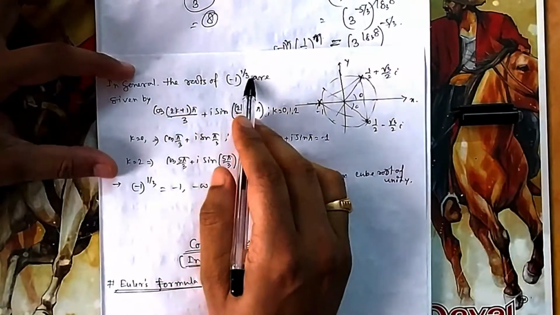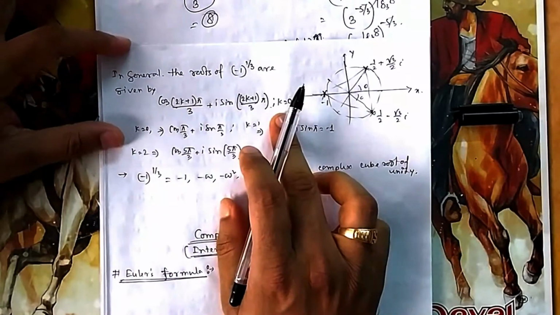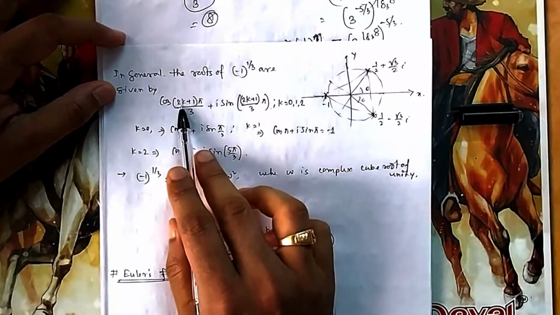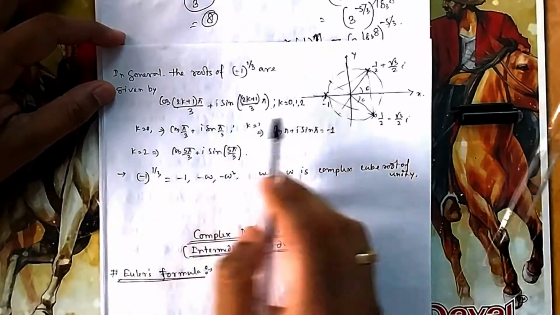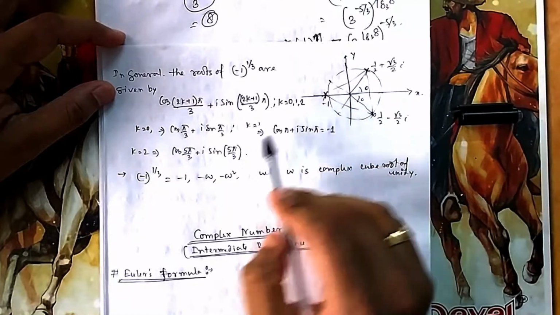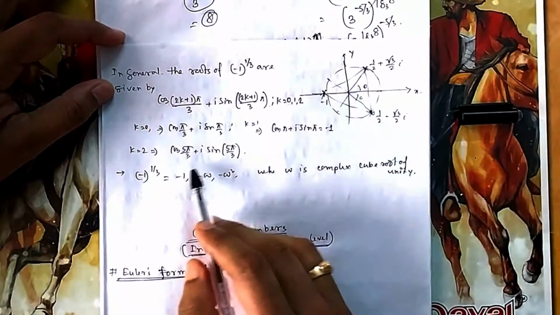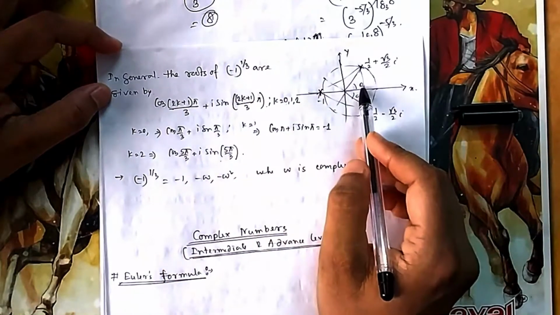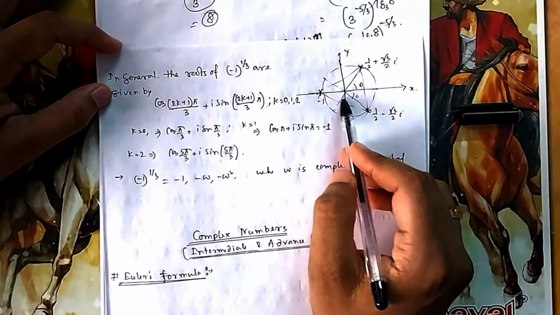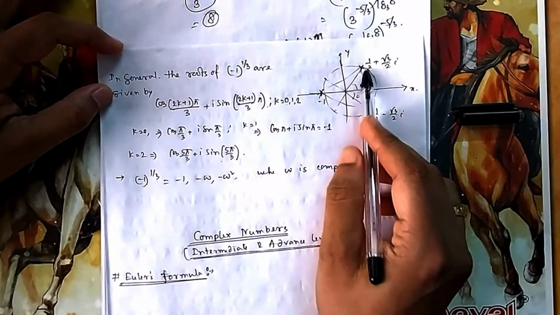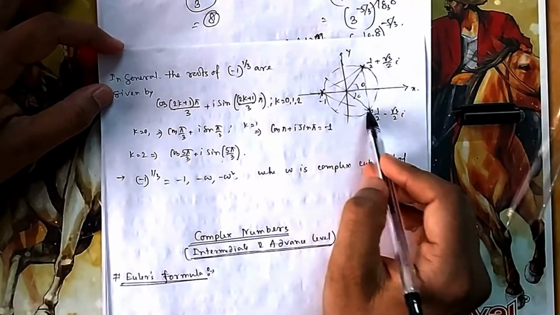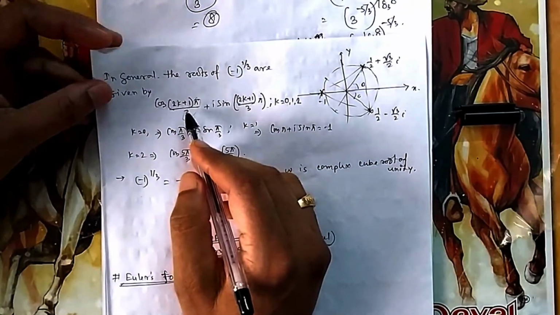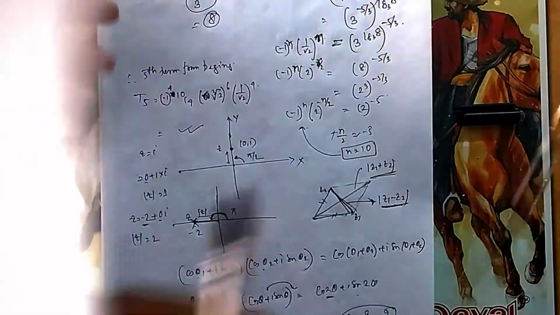So the general cube root of minus 1 is written in this fashion: 2k plus 1 by 3, because k is 0, 1, 2. If you put 0, then it will come pi by 3. If you put 1, then it will come this one. If you put 2, then it will come here. Because this is the odd multiple of pi by 3: 60, then 180, then 300. So 60 into 1, 60 into 3, 60 into 5. So all odd multiples. 2k plus 1 is an odd number. So all odd multiples of the angle that we have seen in the general equation.